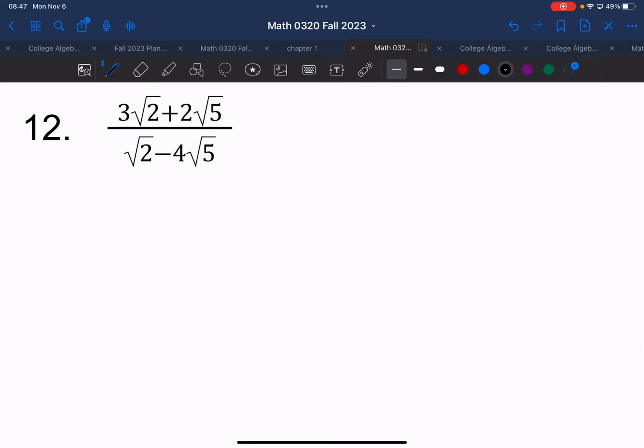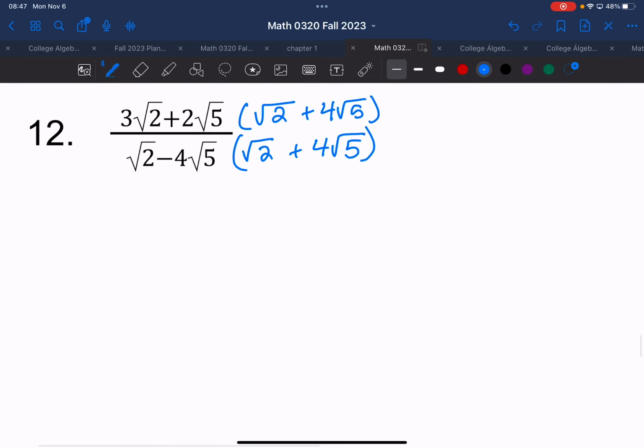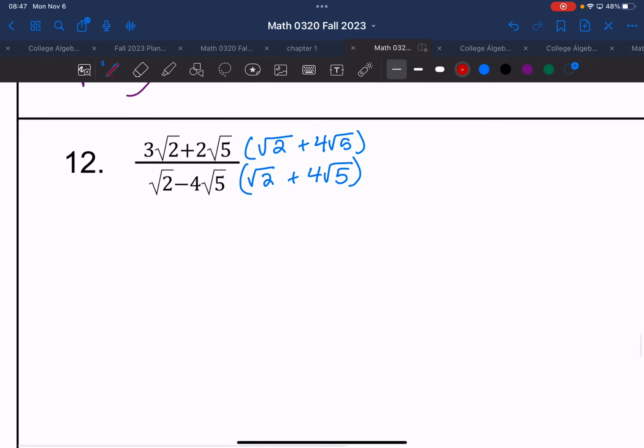Okay. So looking at the denominator here, what would be the conjugate of that denominator? Correct. The only thing we change is the sign. So we're going to multiply the top and the bottom by the square root of 2 plus 4 square roots of 5. And since both the top and bottom have 2 terms, we're going to use the FOIL method for both. So starting with the top,